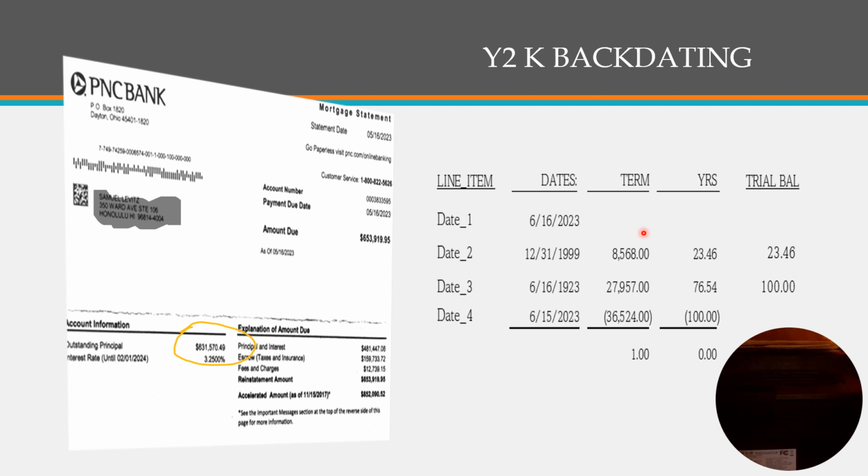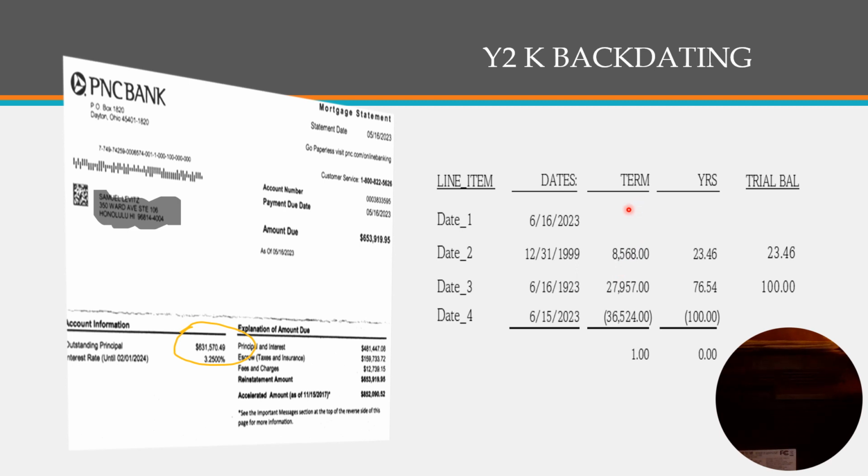All loans are originated on 12/31/99. It's done by the process of crediting and debiting, and what you have at the end is a net that is unrecognizable to the naked eye. Let me show you. If I take 6/16/23 backdated to 12/31/99 and bring it back to 6/16/23, I can't. The computer takes me to